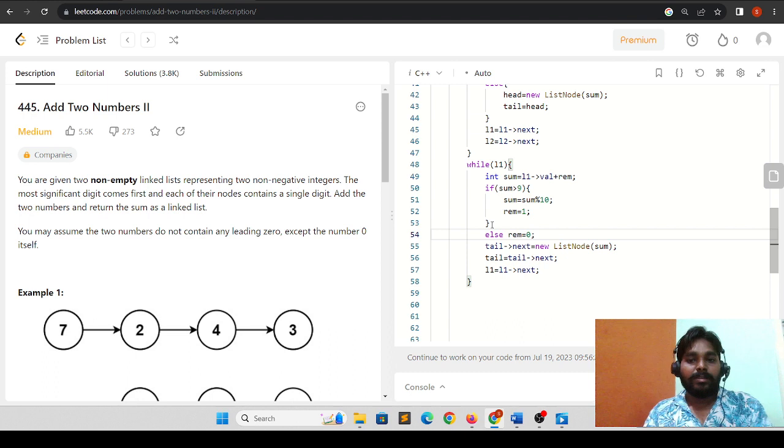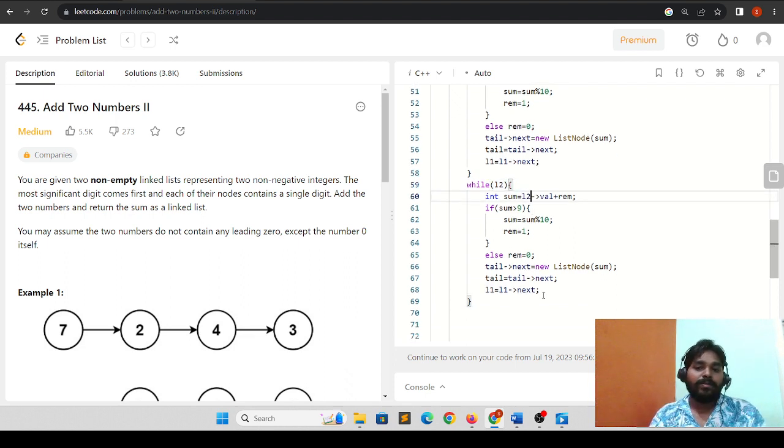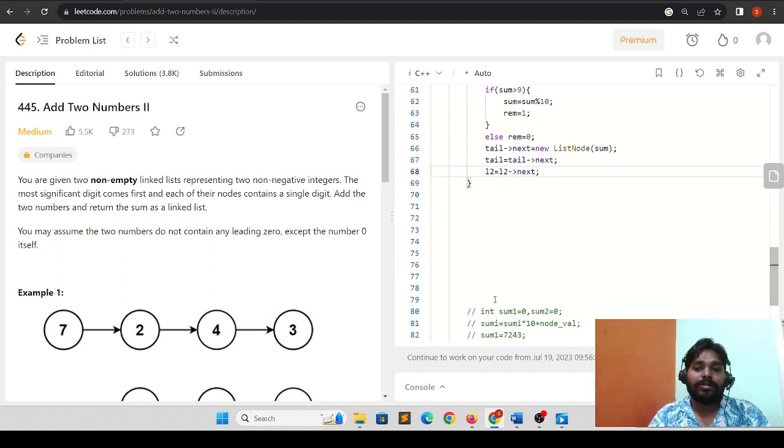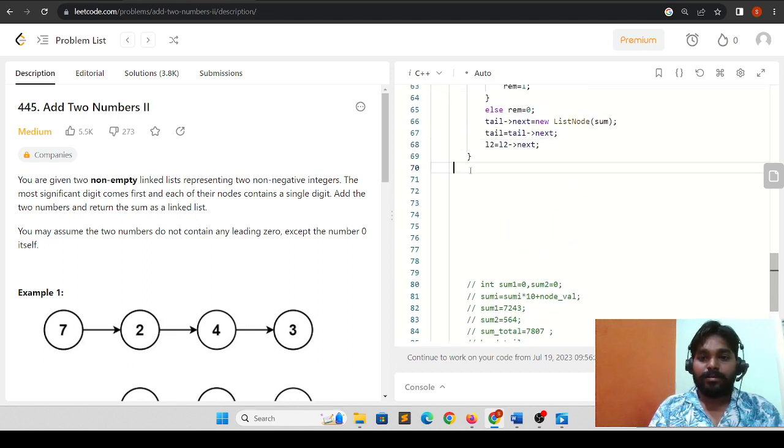Now this was for the first linked list. There might be a condition where the second linked list is very large and the first is very small. In that case also you have to process that linked list. You will do the same thing again, but only change the linked list. So we will say only L2 and everything will be the same, nothing will be changed. So I hope you are thinking it is done. Okay, we can return